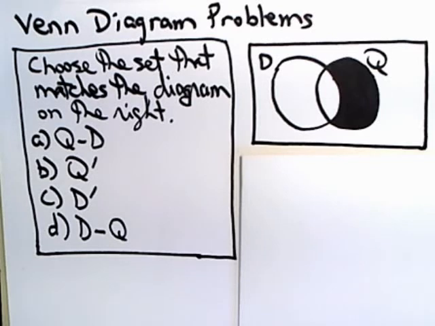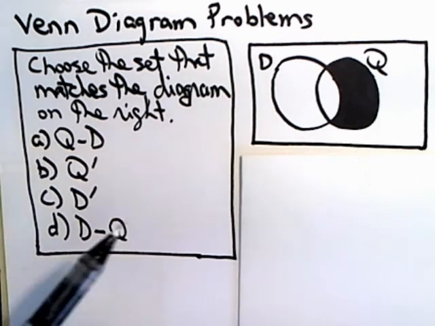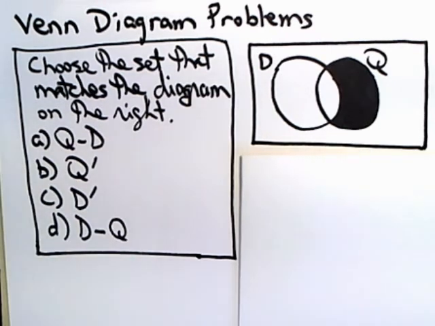I chose this particular Venn diagram problem to use as a vehicle for introducing a notation that we haven't talked about yet. This problem asks us to choose the set that matches the diagram on the right. In other words, in this shaded region, which one of these four choices represents that shaded region. What we've already talked about in the past